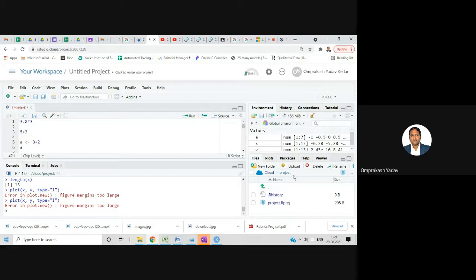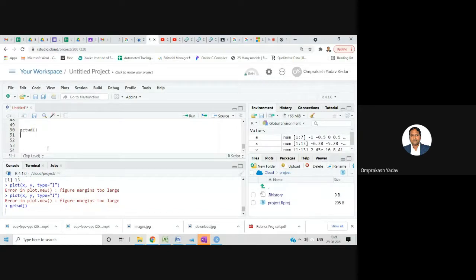If you see over here, by default in the cloud there is one project folder, and whatever we'll be doing is inside this project folder. If we fire getwd in this, it will show this particular path, cloud/project. By default, it gives us this project folder.